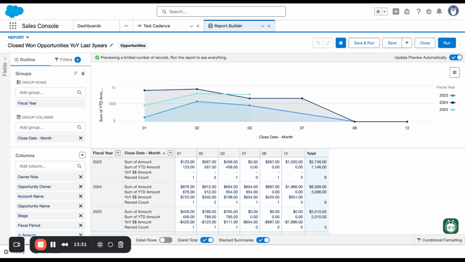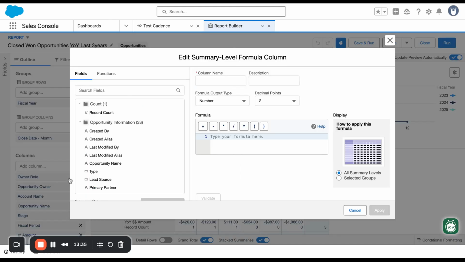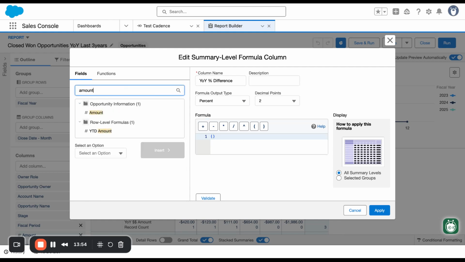So to calculate the percentage difference, we're going to add another summary formula. And this time I am going to call this year over year percent difference. And again, make sure you give it a description. The formula output type, we're going to do percent. You can leave 2 decimal points. And then I'm going to do a parenthesis here. And we're going to do, we need the last year's number. So I'm going to do the amount